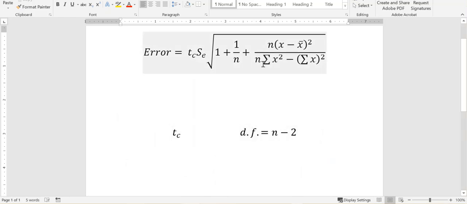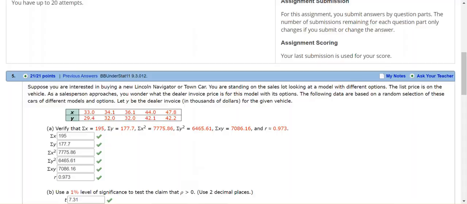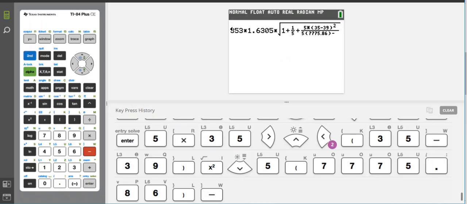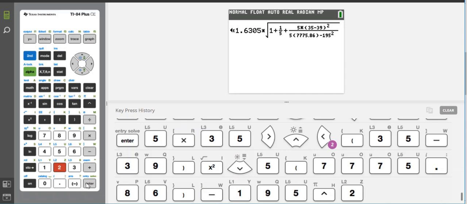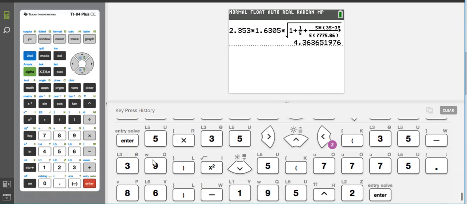So that's different than this, right? This is the sum of x squared. This is the sum of x's and then square it. So from here, the sum of x's is 195, and then I need to square it. So 195, and then I square it. And I hit enter, and I get this error value of